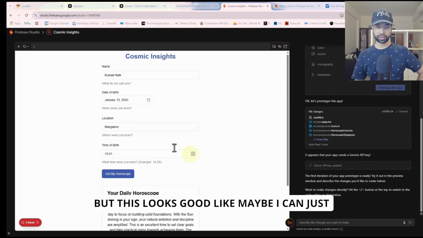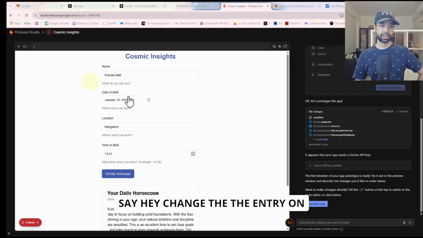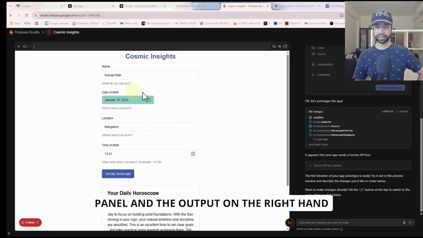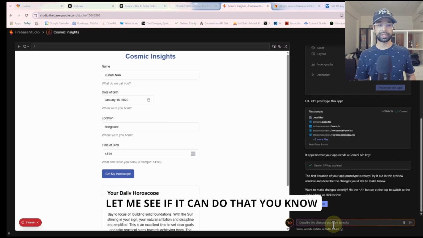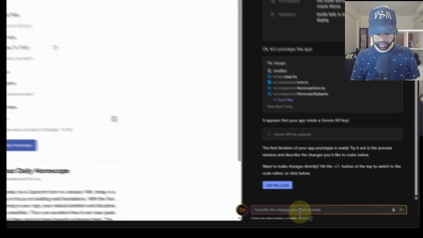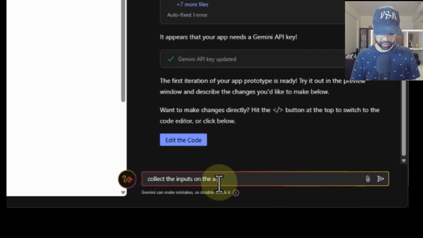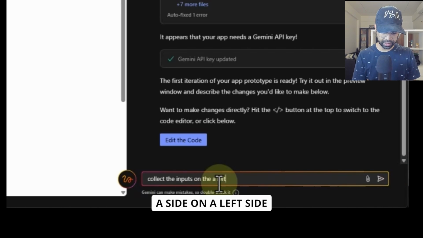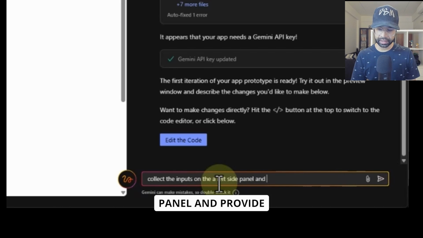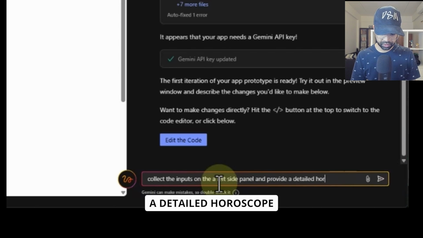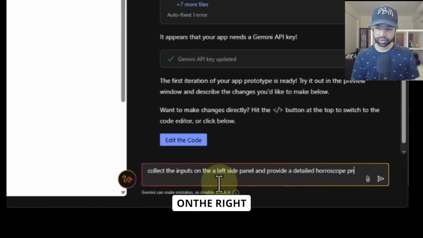But this looks good. Maybe I can just say, hey, change the entry on the left hand panel and the output on the right hand. Let me see if it can do that. Collect the inputs on a left side panel and provide a detailed horoscope on the right.